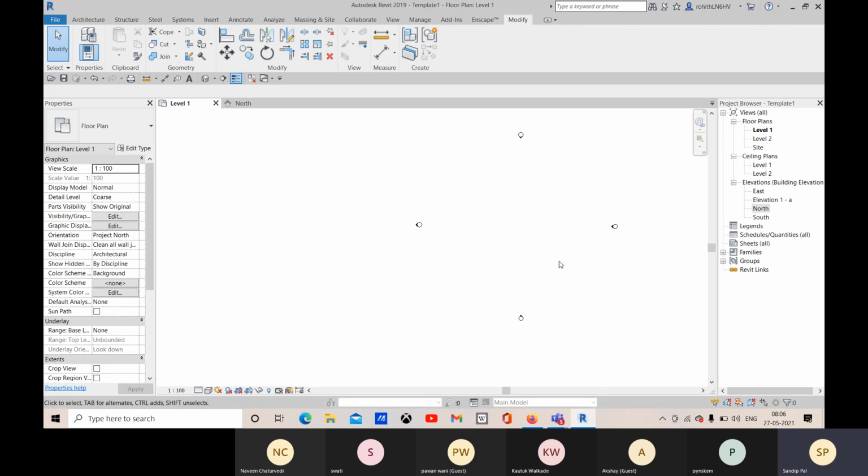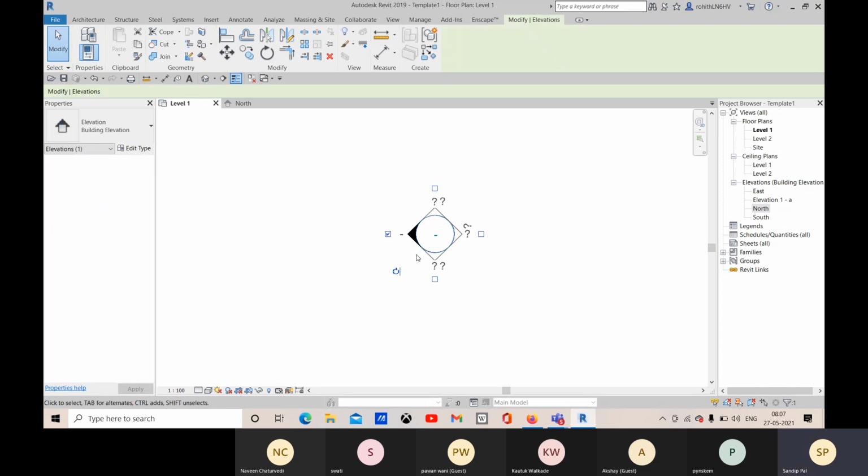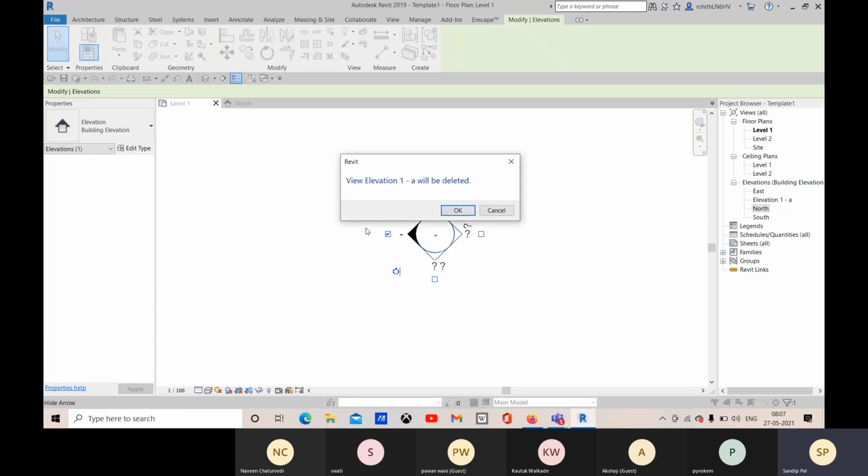or escape twice. After that, you see that this is the camera direction. This black arrow is pointing towards the left direction, so this is not the right direction. What I need to do is select this elevation, and there you need to uncheck this direction.